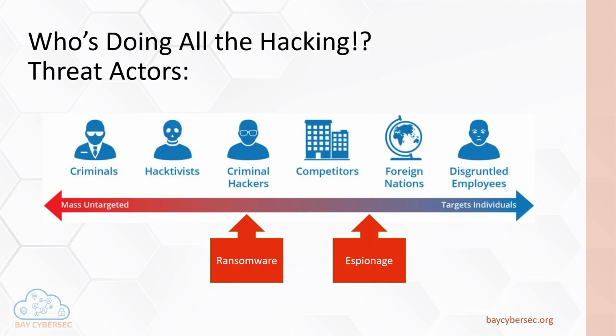So basically, who's doing all the attacks? Who is doing these things? We have two classes. We have the criminal hackers, who do this stuff to steal your banking. Banking Trojans were very popular 10 years ago. Today, ransomware is really popular because it monetizes really well. And then we have the whole side of the APT, the governments and foreign nations doing espionage, who use these kinds of methods to get into organizations.